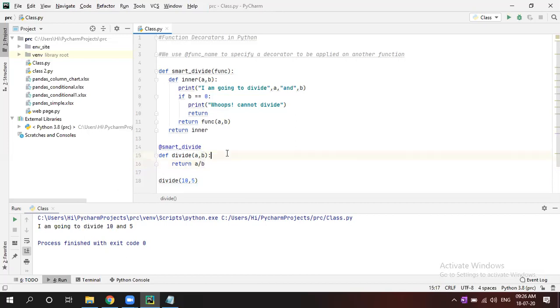It will come back here and it will divide and give the output. That's it. So it won't go inside. It will return to the function itself because if it is not 0, it's a kind of exception handling. You can do it. So this is nothing but your decorator. Whenever you need any generalized things, you can write it separately and call it using @.